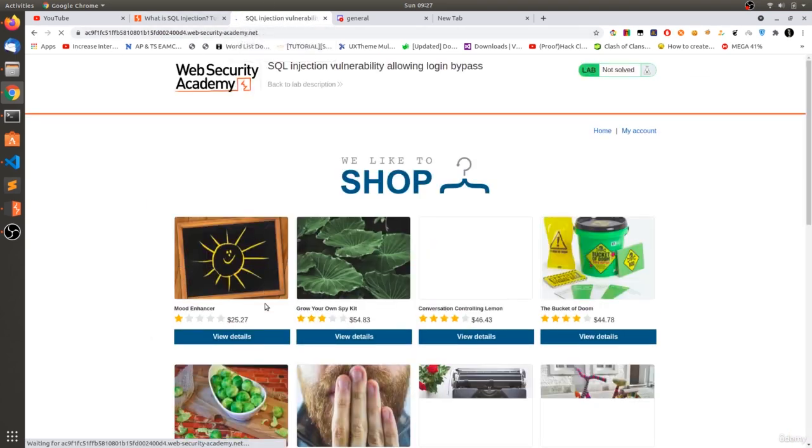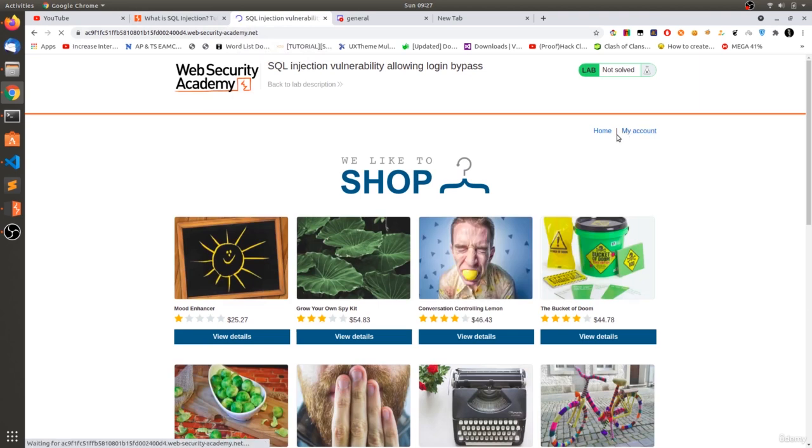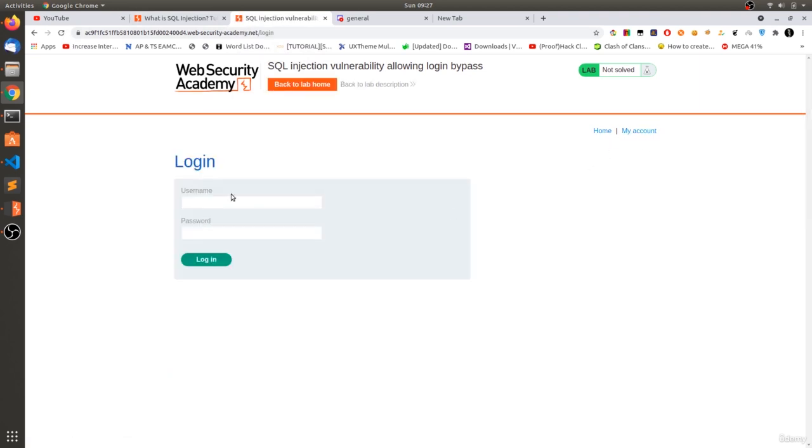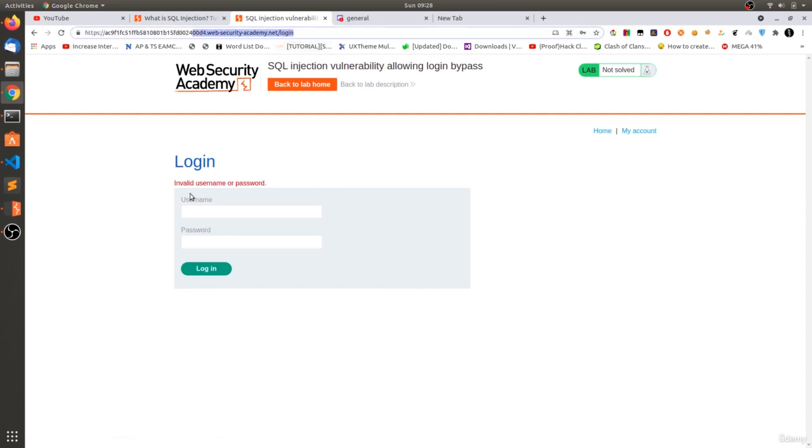Okay, here you can see the URL, and let's click on my account, and now let's say temp and hit enter. So the parameters are being sent as a body. So let's copy this